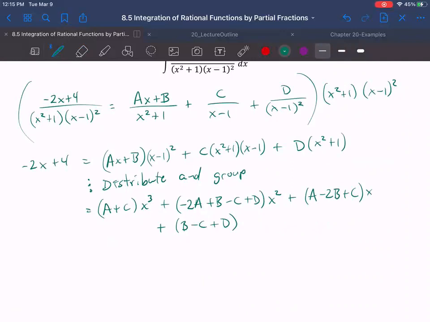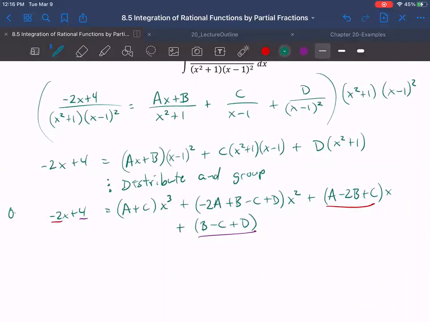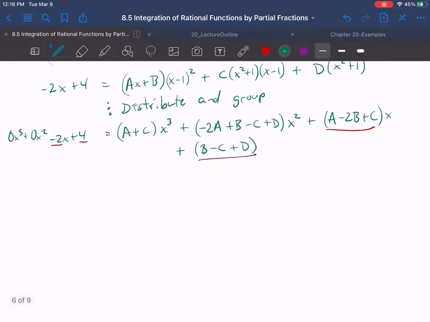Well, we don't have any x squared or x cubed, right? We have negative 2x plus 4. And so we can match up the negative 2 with that, and we can match up the 4 with that. What do we do about the x squared and the x cubed? Yeah, they're 0, right? Because essentially over here I have 0x cubed plus 0x squared minus 2x. Those are just zeros, okay? So we'll get a plus c